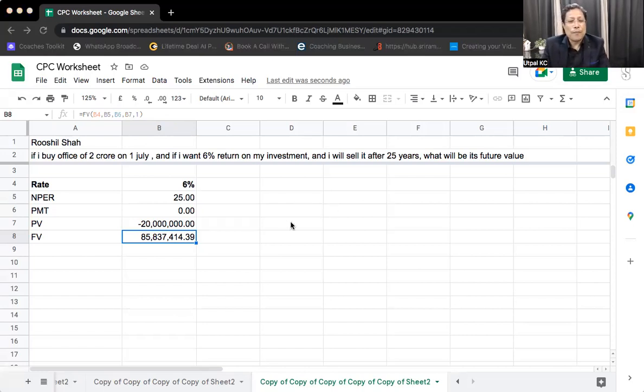Okay, now there are again the last 3. Mr. NR, are you there? If you want to invest 20 lakhs to get 15% of monthly income, where to invest? What should be the portfolio? Now you see again, NR, you are asking me a very difficult question. I have already answered. You are asking me to create a portfolio which can give you 15% return.